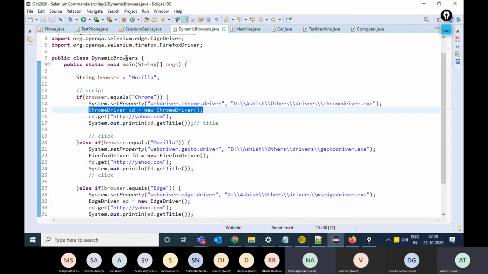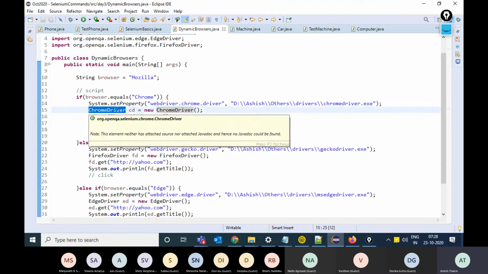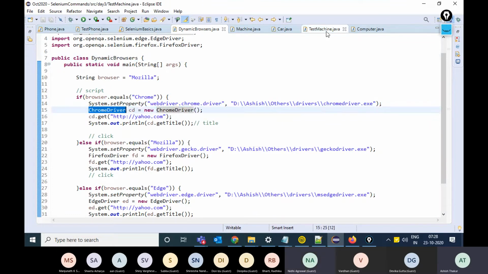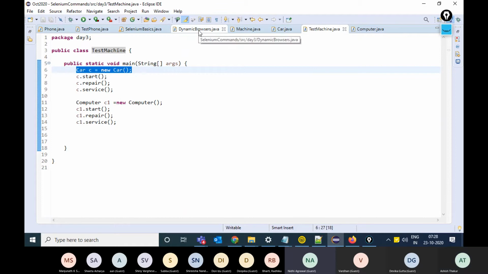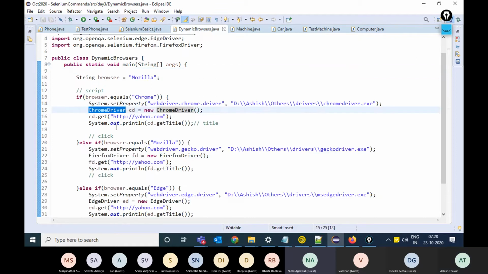I don't have to write this. This ChromeDriver class is internally implementing the WebDriver interface. In the test machine class, did I write test machine implements machine? No. I'm using the car class over here, right? Car class is already implementing the interface. Okay, so you mean to say ChromeDriver and the others are internally implementing WebDriver?